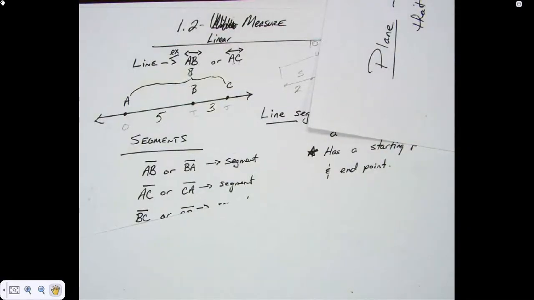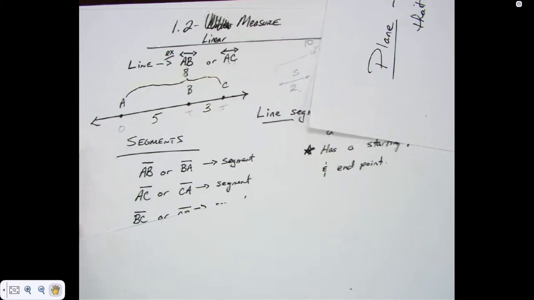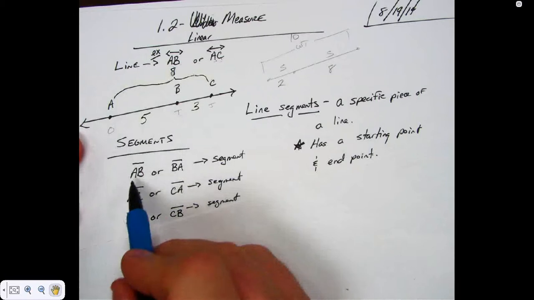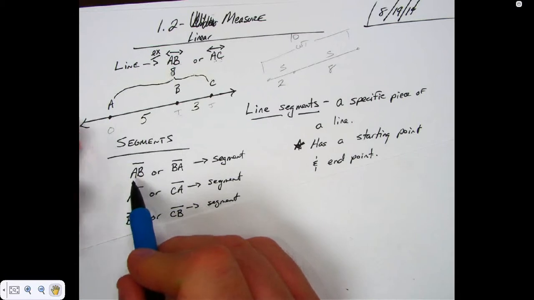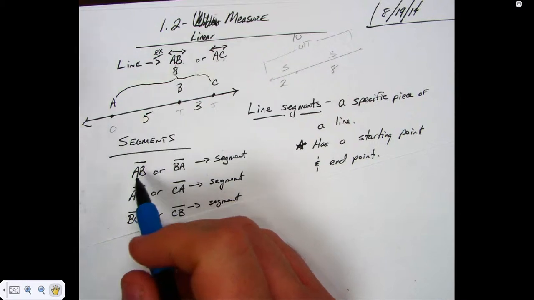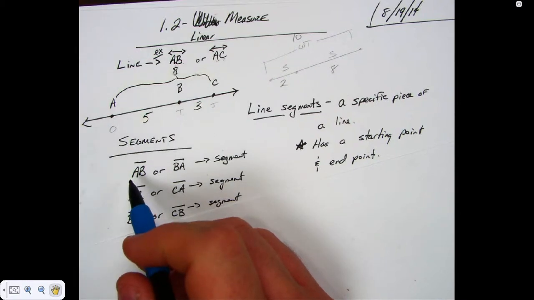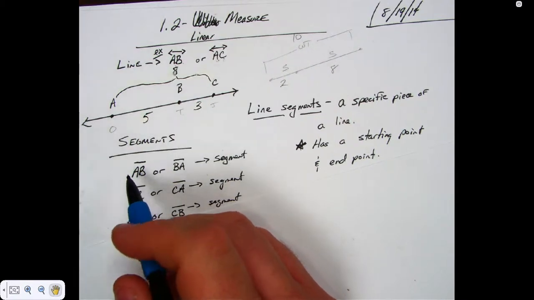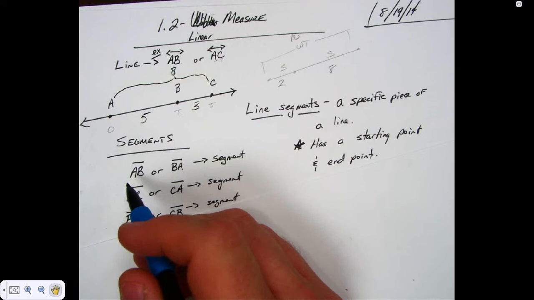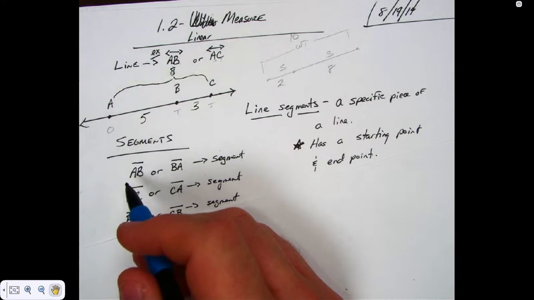I need to have a way to be able to talk about the distance from A to B. This is not the distance from A to B. It's like saying my name, Mr. Stump. You don't say, look, there's 5'11" man, because that's how tall I am. You say, hey, there's Coach Stump. Coach Stump's measure and height is 5'11". You see the difference why you don't do one or the other?